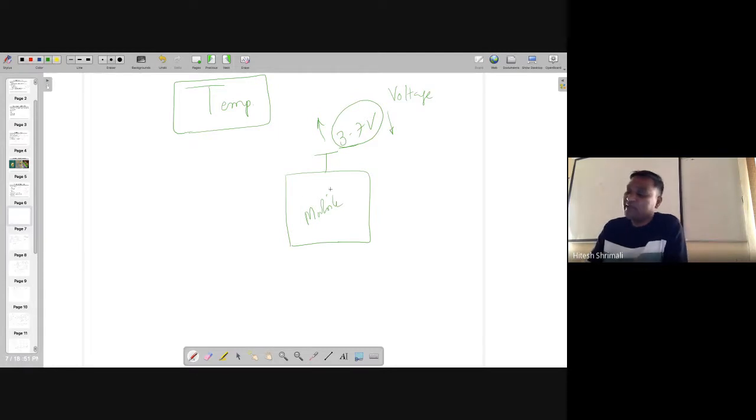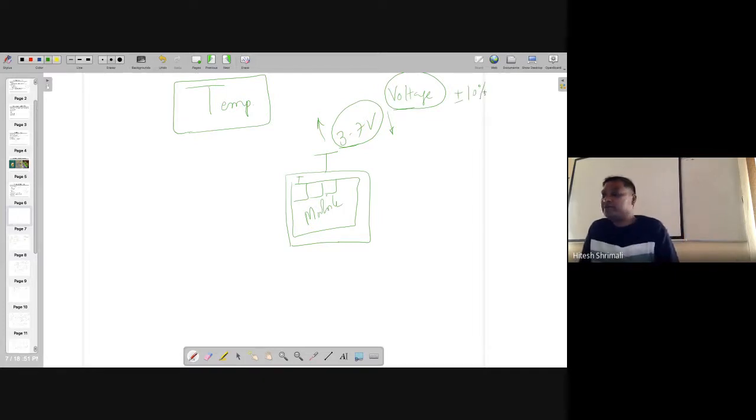But still this mobile is working, with different voltages available in different blocks of the mobile. So the supply voltage might be 1 volt, 1.2 volt, and different blocks will use different voltages. So we assume that voltage is going plus or minus 10%.